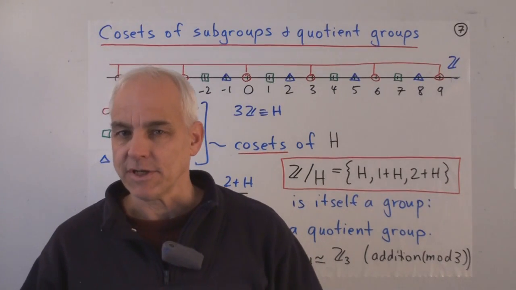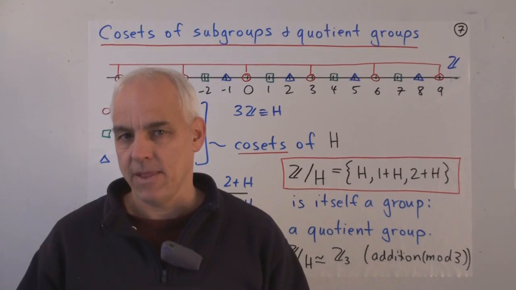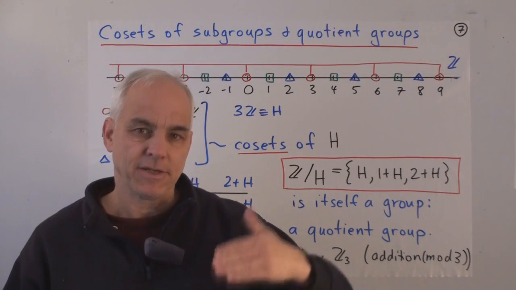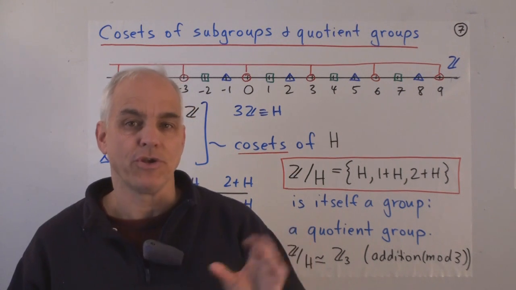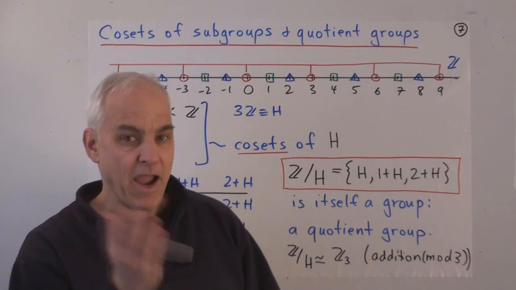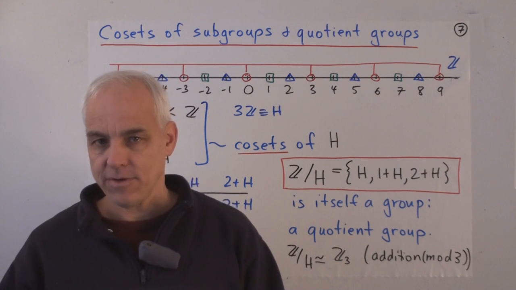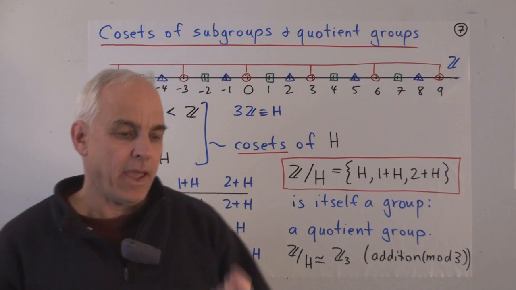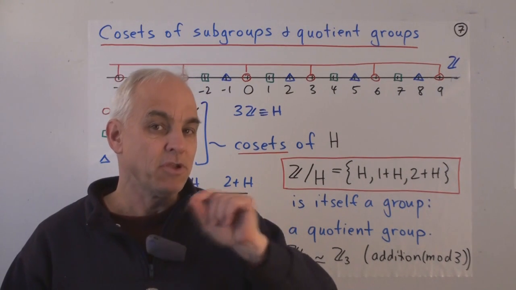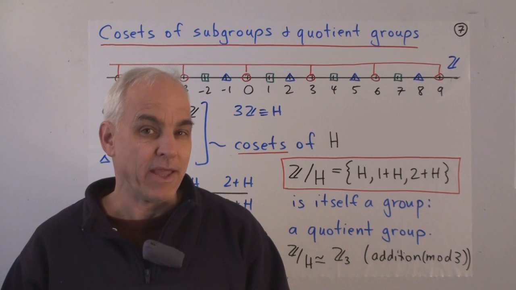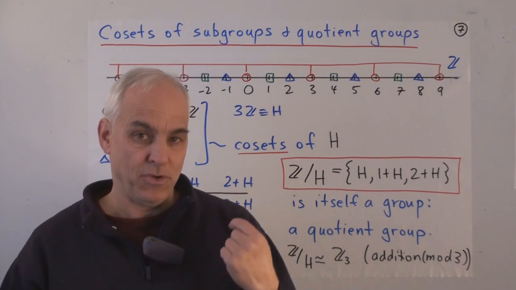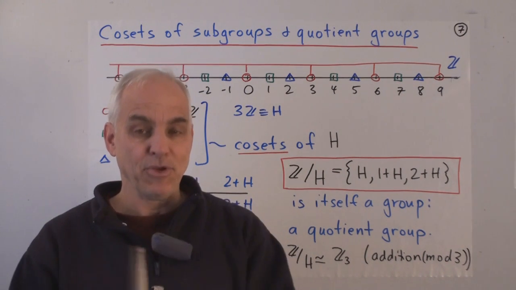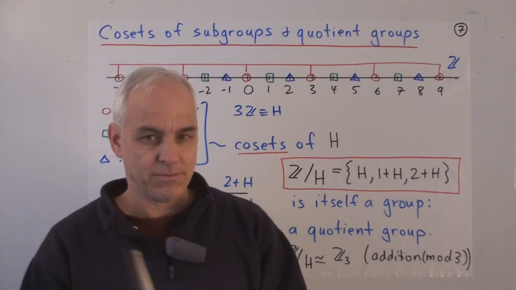All right, now let's talk about a somewhat more advanced concept, the idea of cosets of a subgroup, and then this additional notion of a quotient group. So the idea of dividing one group by another. This is often a concept that causes students some difficulty, and one of the reasons is that if you do it in the non-commutative situation, it's more complicated and a little bit harder to understand than in the commutative one. So it's best to understand this first in the commutative situation, which is what we're going to do.